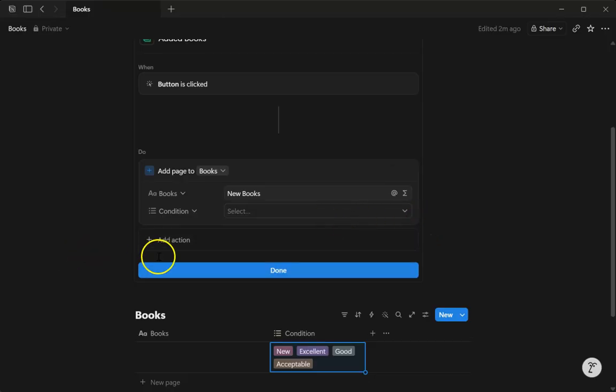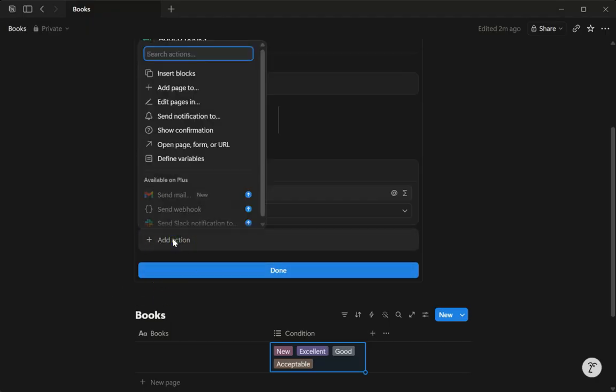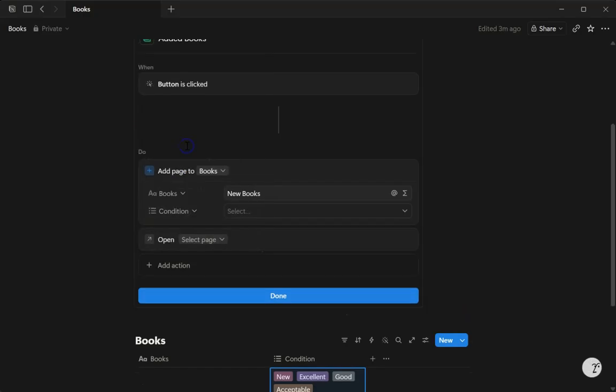Okay. Now that we've added a page to our books database, what we want to do next is to be able to open that page so that we can audit the condition of the books and audit the title of the books and so forth. So next we'll select add an action. And now we want to be able to open that page. So we'll hit open